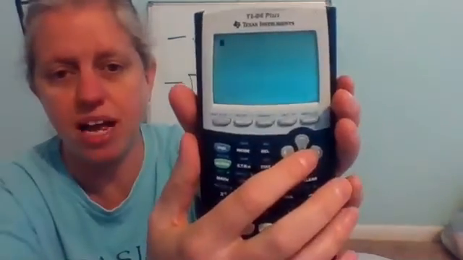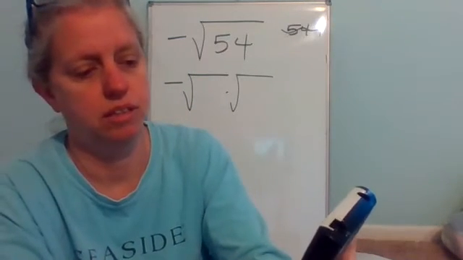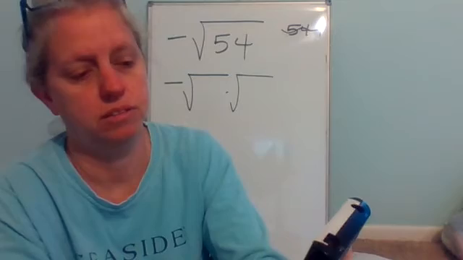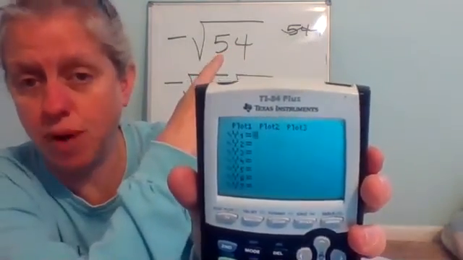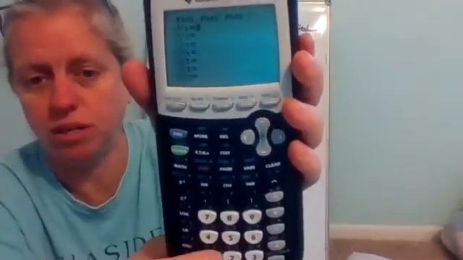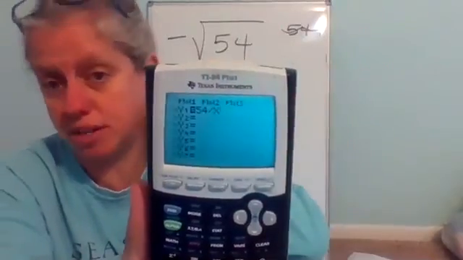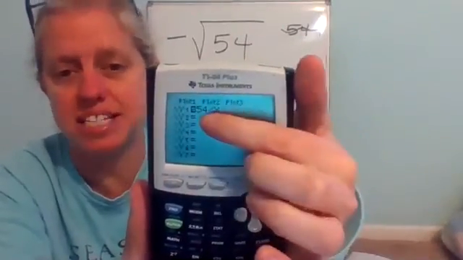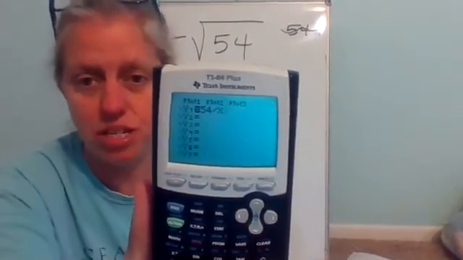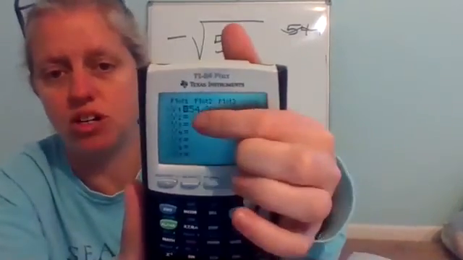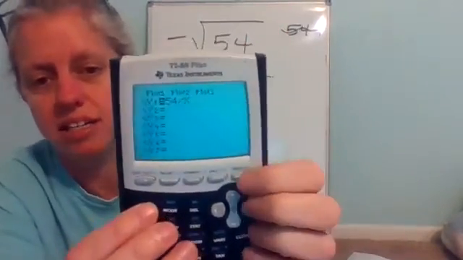We would just go to our y equals, clear it out. Type in whatever number you're trying to find the ways to multiply to get, which in this case is 54, and then divide it by x. I'm just trying to find the numbers that multiply to get 54. I don't even need that second row that I put when I'm factoring because I don't need to see what the numbers add to, right? That's just when we were factoring. If you're just trying to find the ways to multiply to get 54, just put in 54 divided by x,